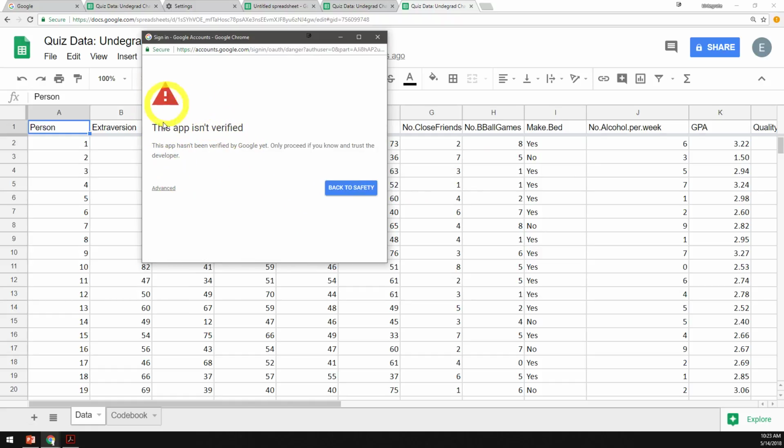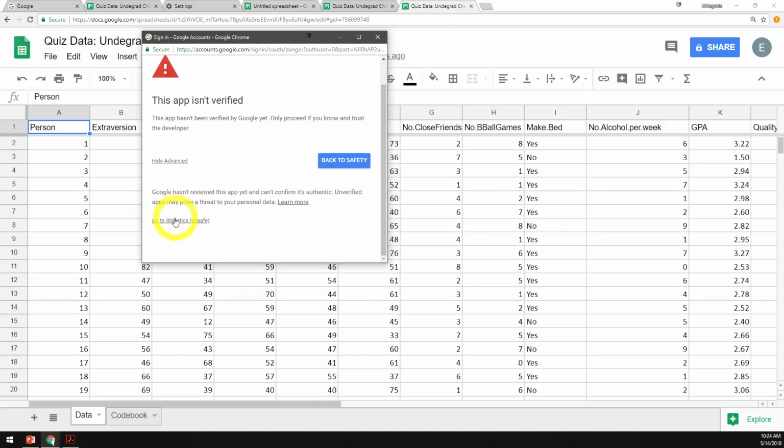Now you're going to see this window. This add-on package didn't have this before. It says this app isn't verified. It's giving you this sort of warning message. This statistical package, as far as I can tell, has been developed by Google statisticians and engineers, so it's part of the Google environment. I'm not sure why this warning is coming up, but we're just going to ignore this back to safety warning, or we can click advanced, and then we're going to click on go to statistics unsafe to add the statistics